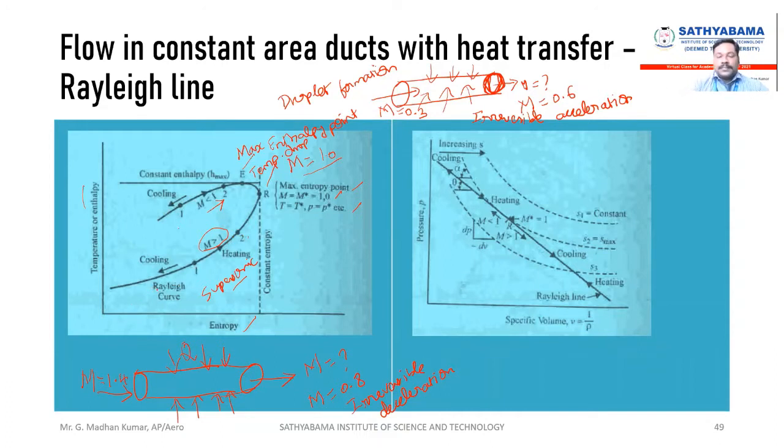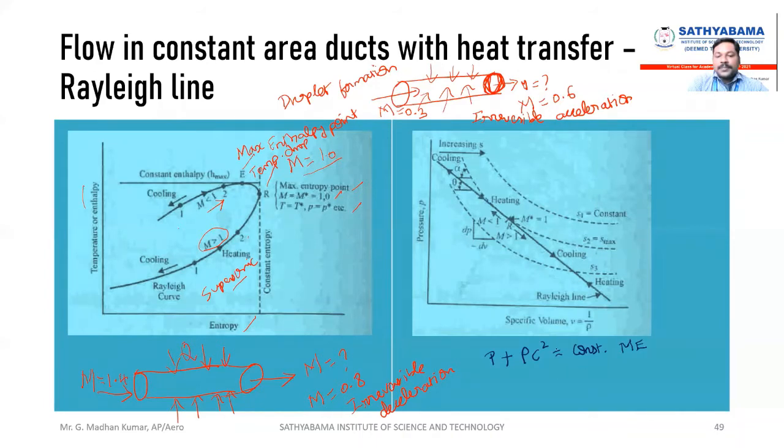Next, on your right hand side, you have a line, that is the Rayleigh line. We have the Rayleigh curve on the left hand side, and now we have plotted the Rayleigh line. The Rayleigh line is nothing but pressure versus specific volume. How we get this equation is very simple, you know the equation: P plus rho C square is equal to constant, right? This equation is nothing but your momentum equation, right?